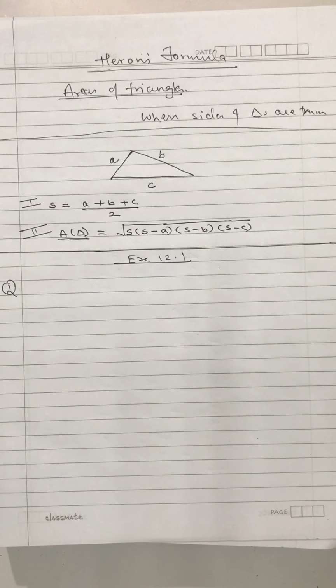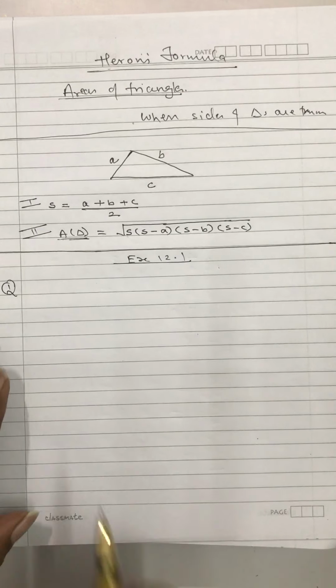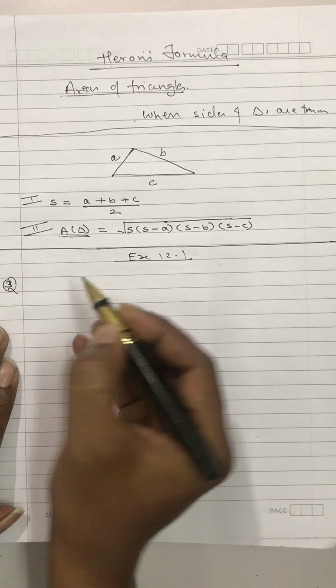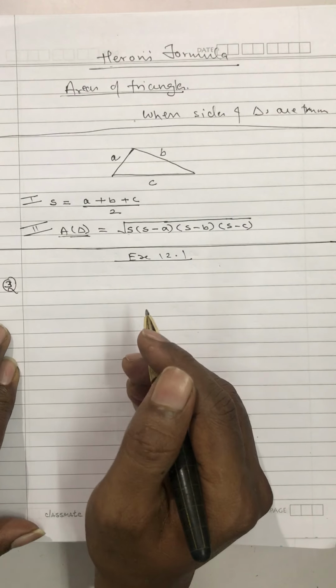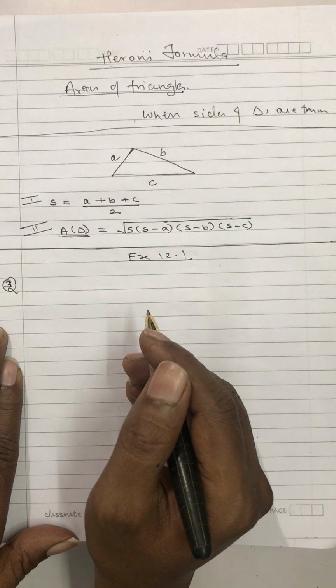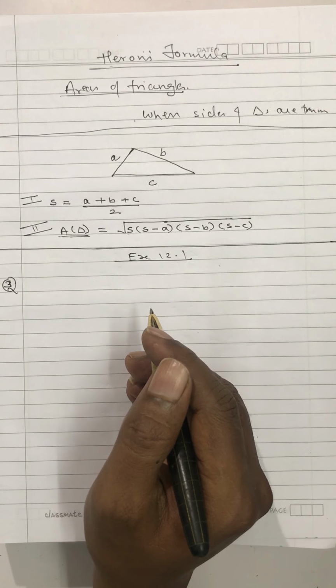Okay. Now actually speaking, the first question is not really a very good question to start with. Even the second question is not really a very good question to start with. I don't know why they have given in this pattern. We can go and start with question number 3, my dear students. I will definitely explain and solve question number 1 and question number 2. But first I will start with question number 3, 4, 5, 6. And then I will go to question number 1 and 2.